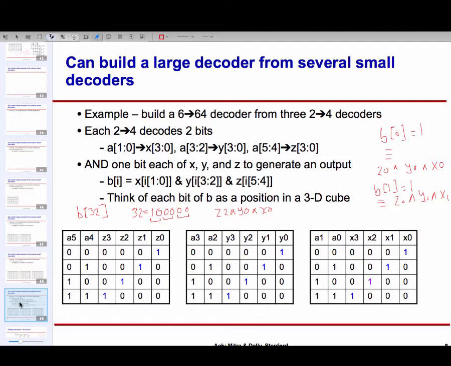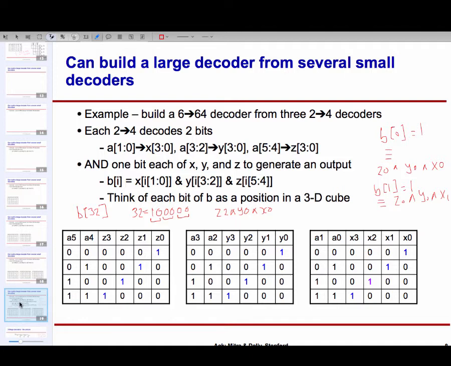A3 A2 can take 4 different values. And finally, A5 A4 can take another 4 distinct values. So the total combination can take 4 times 4 times 4, namely 64 distinct cases, which is what we want. And this is shown in this diagram also.